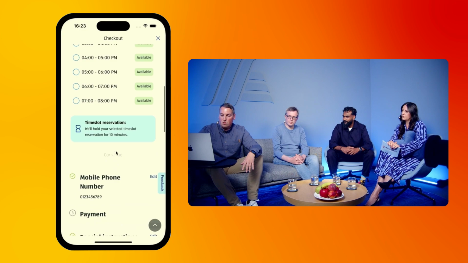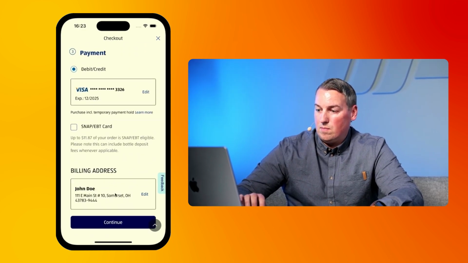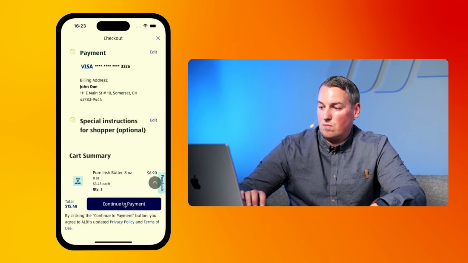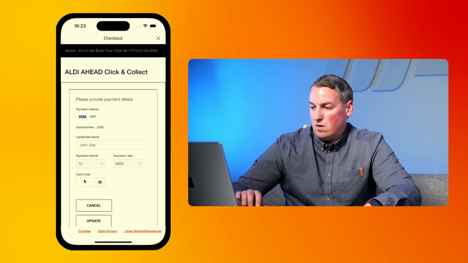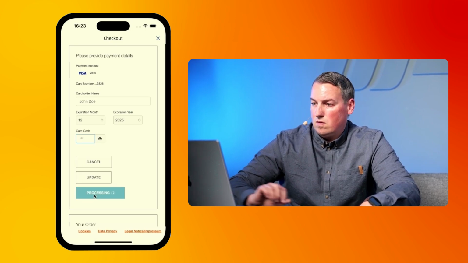Here I need to continue. I select the one. Then I need to enter my payment data and the billing address. Then I see a final summary, can continue to payment. And here I have my credit card data and continue.